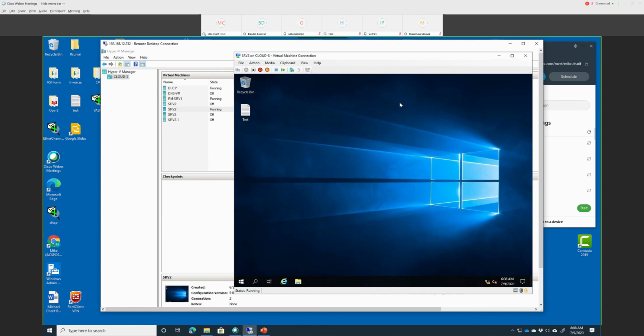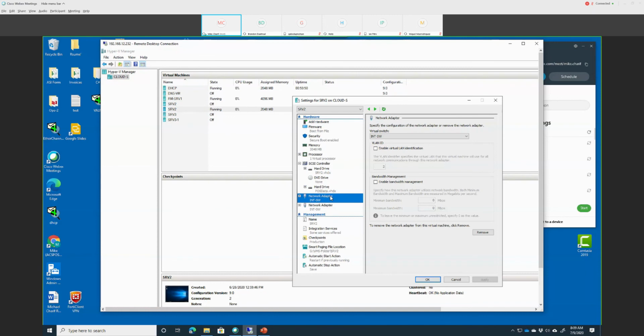One for the network, so that NLB will communicate with each other, so the cluster will communicate with each other. And one for the network, for the company's network, which is on the same domain, 192.168.50. So that's what we need to do. So in order to do that, let's see, I need to,